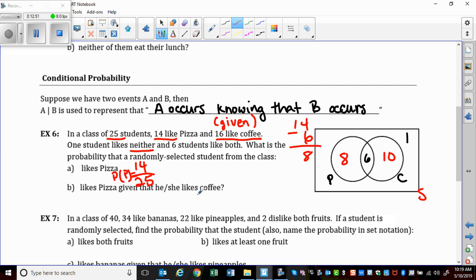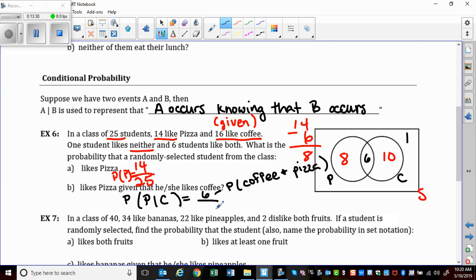Likes pizza given that she likes coffee. So the probability of pizza given coffee is the probability that she likes pizza and likes coffee on top. So this is going to be 6. This is the probability of coffee and pizza, divided by